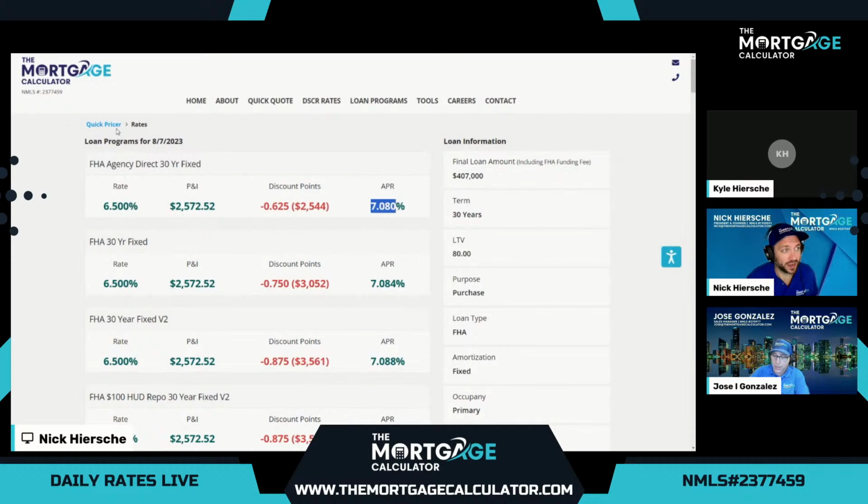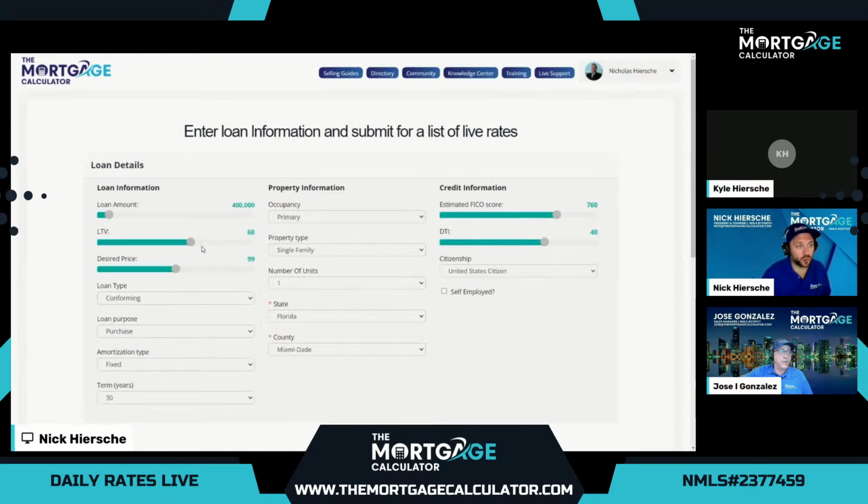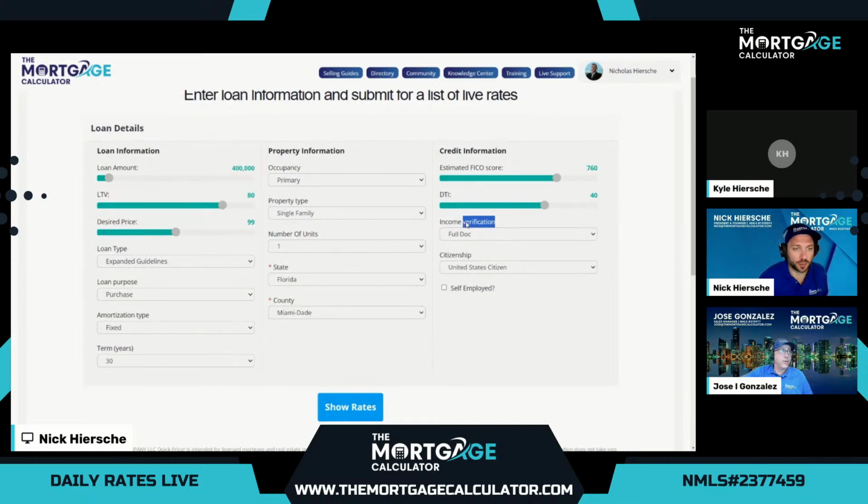Now, where we love to specialize here at the Mortgage Calculator is if our customer, for any reason, doesn't qualify for either of these more standard programs. Many other banks or lenders can't help, but that's where we really specialize here. So we'll set up the same scenario, and this time we'll choose expanded guidelines, also known as non-QM. So everything will stay exactly the same, but with non-QM, we have a new option pop up. That is our income option.